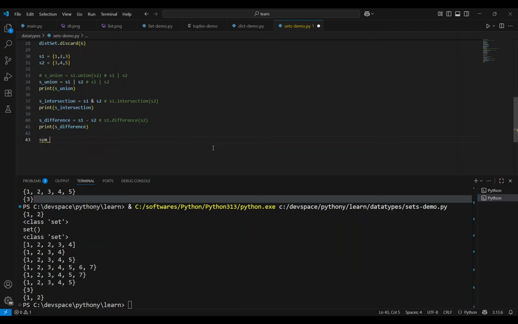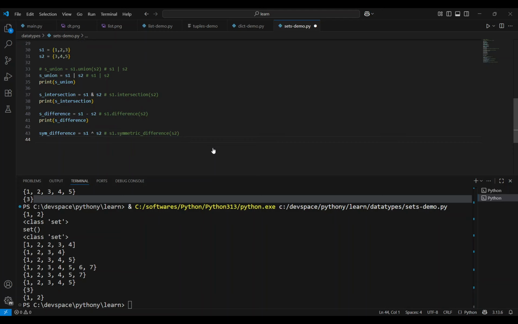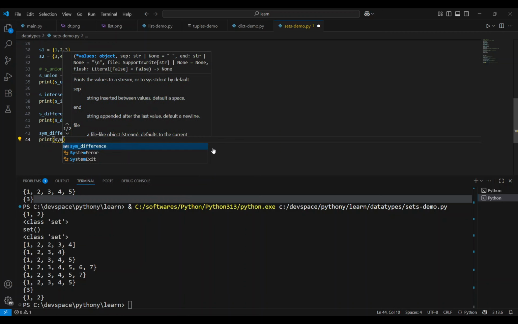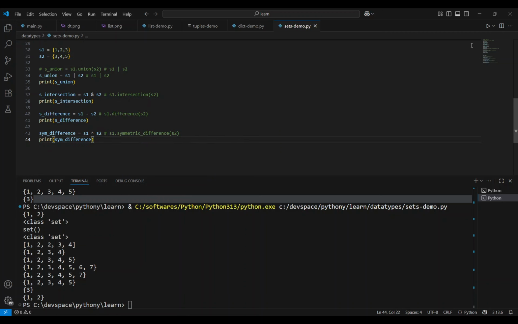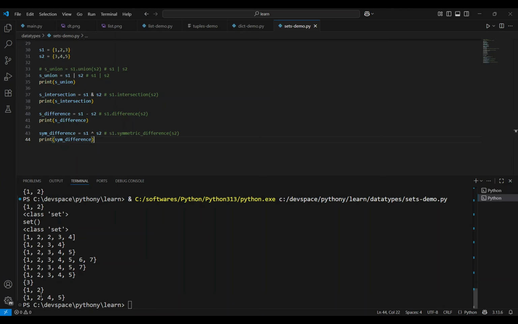So, sim difference equals S1, you can use a caret, by pressing shift 6 on your keyboard, and S2, or conversely you can use S1 dot symmetric difference with S2. Okay. Please try it out, sim difference, run it again, see 1, 2, 4,